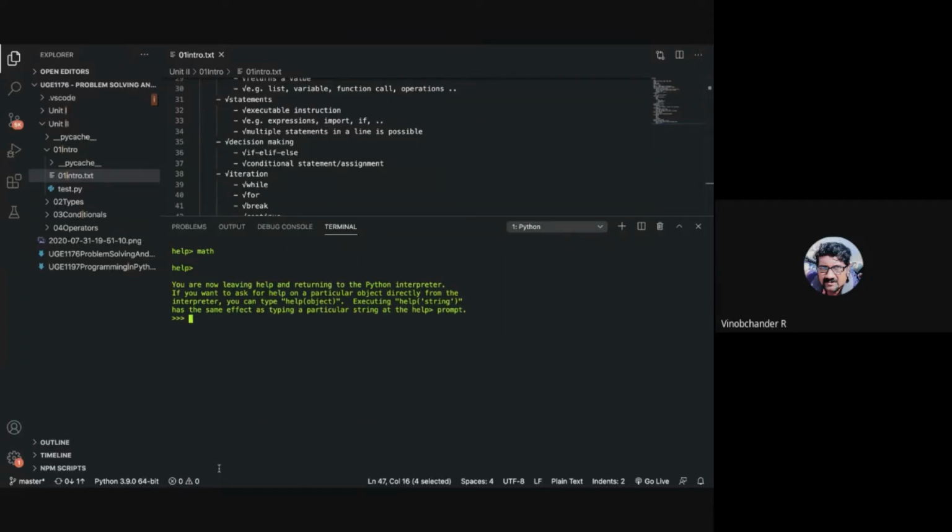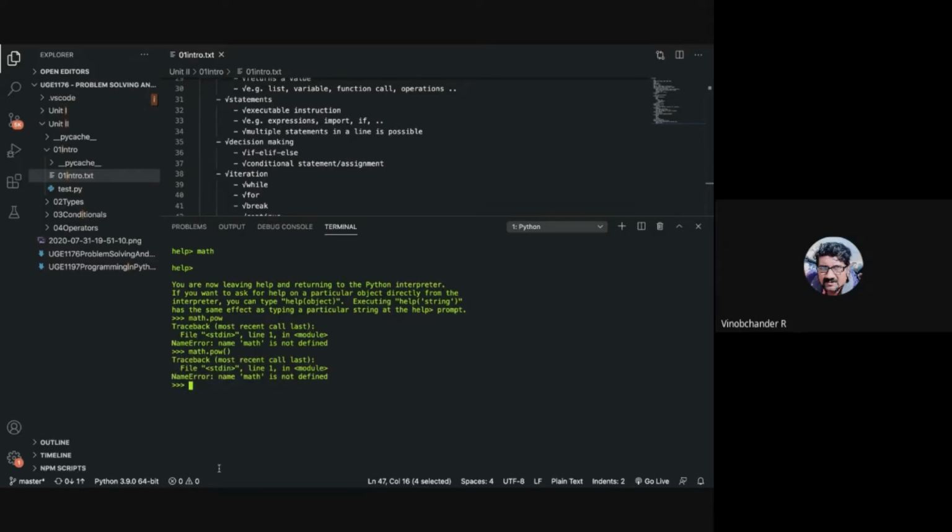And then apart from modules, using the help function in this particular manner, say for example, you know that there is a function already called pow inside math and you just want to look into that particular documentation directly.